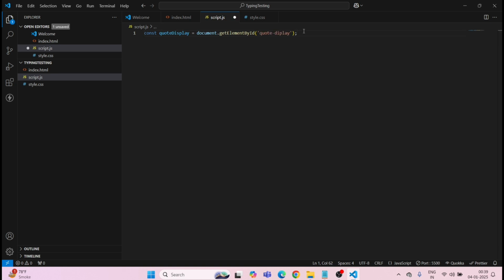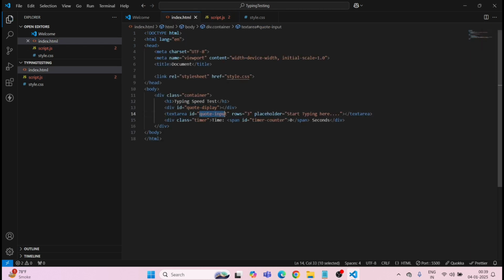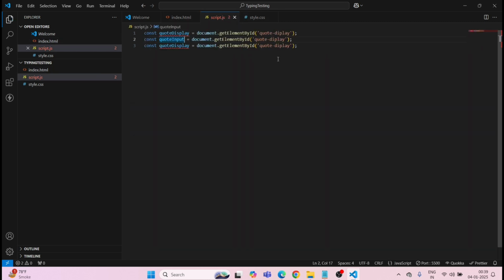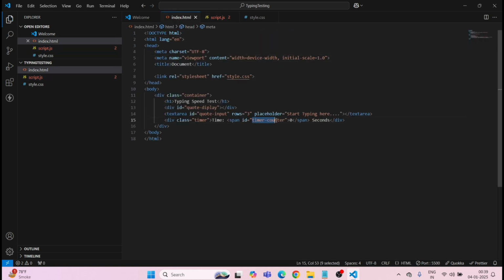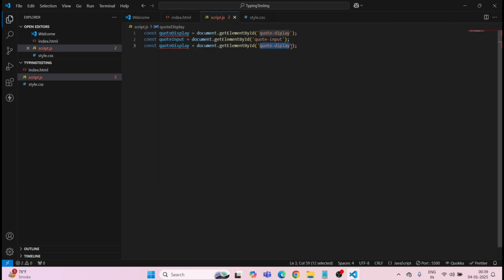Same way, just copy it, paste it two more times. This will be the input, and then we have to work on the timer counter. So just copy it, add it here, and here it will be timer